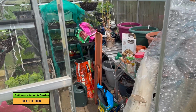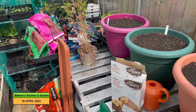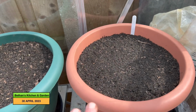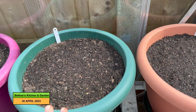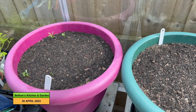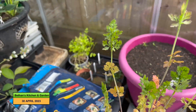My main greenhouse is looking a bit of a mess at the moment, but I shall try and tidy it up soon. Here I've got some carrots sown in tubs. They haven't come through yet because I've only just sowed them really. And then behind here